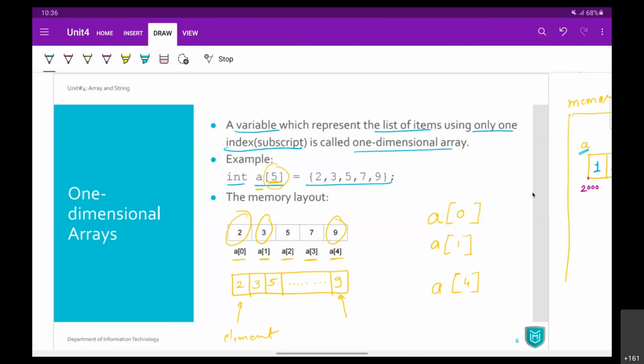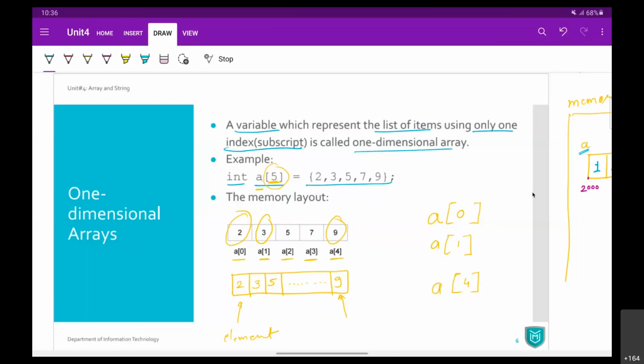So let's go through the points that we have seen in the previous lecture. And then today, what I plan is to have a look at a few programs. We want to implement these points and see how we can use arrays. In the previous session, we looked at the one-dimensional array, and today we will look at a few programs on one-dimensional arrays. So what is a 1D array?